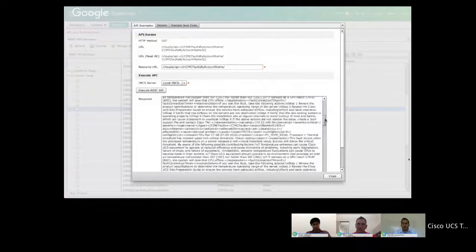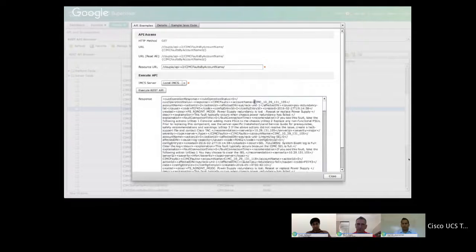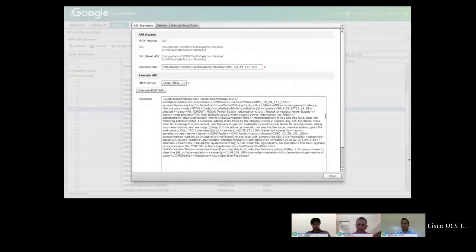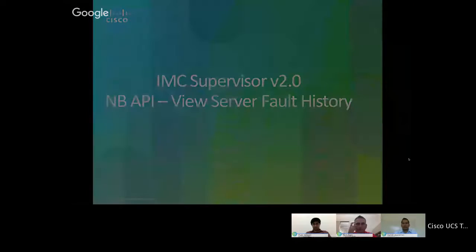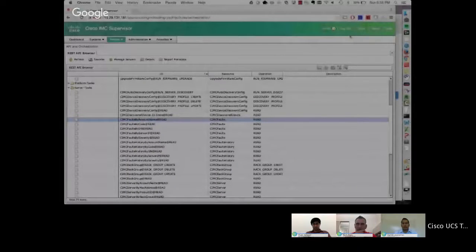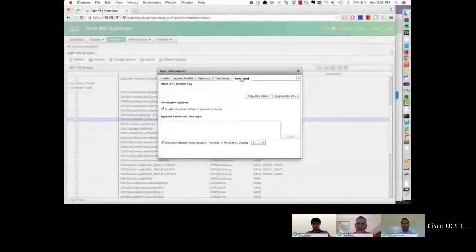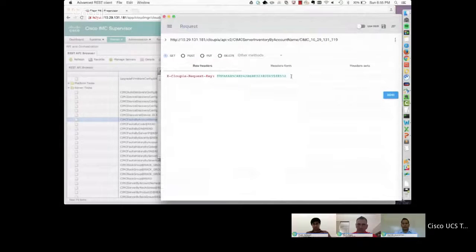And these are all grouped by the account names. And if I copy a particular account name and paste it in the URL, I'm able to see the faults that are relevant only to that particular account. So this is a way to start filtering to view server level faults. Now, when you're talking about fault history, it's also a pretty thorough checkup that admins use today. Sometimes they're not only interested in the current faults, but also